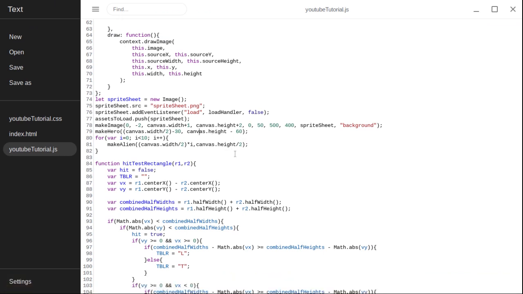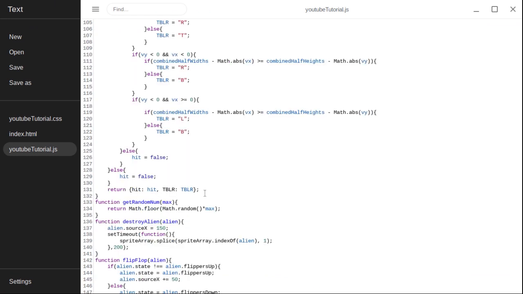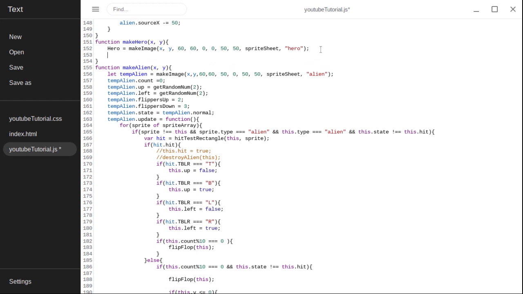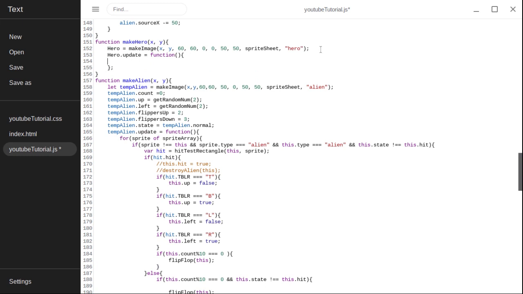Down in make hero, we're going to give him an update function. And we're going to check him against all the aliens in the sprite array, but only the aliens. So down here, underneath where we make the image, we need to say hero.update. It says hero.update is equal to function, and functions get parentheses in case you want to take some parameters, but no space between them. I don't like space between them. And then curly braces, semicolon. In those curly braces,